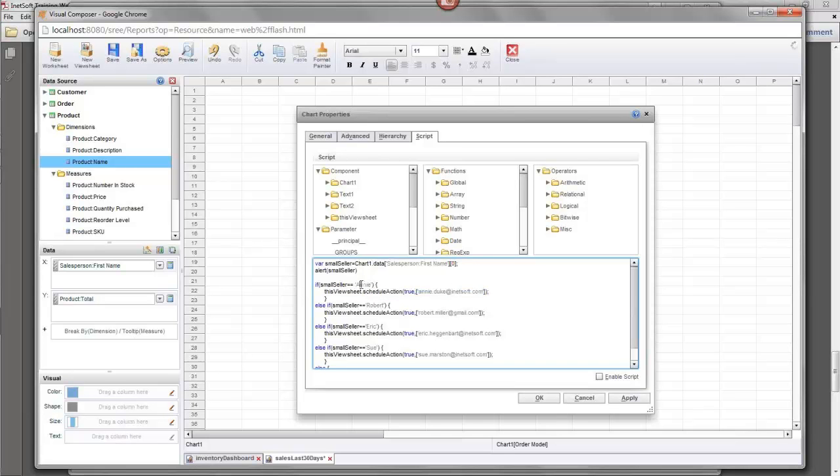So, in other words, if Annie turns out to be the smallest seller, then I want the email list to be just Annie. These are made up email addresses, by the way, so I can't actually test these out. These people don't exist. Well, they might exist somewhere in the world, but they don't exist in my system. So if the smallest seller turns out to be Annie, then I only want to send this dashboard to Annie. If it turns out to be Robert, then I only want to send this dashboard to Robert, and so